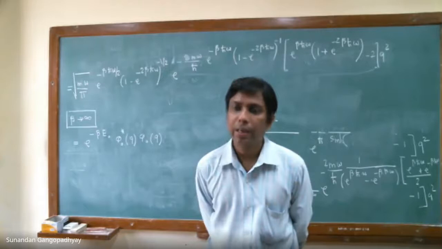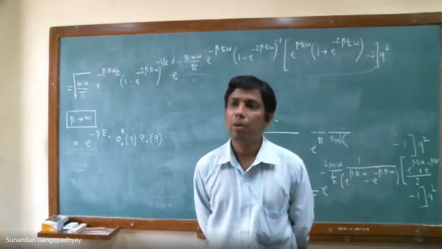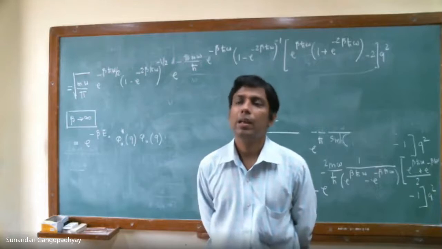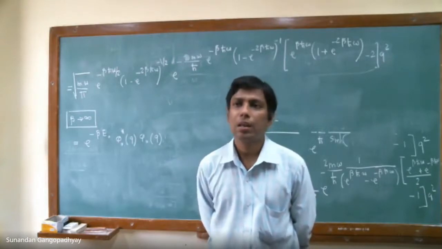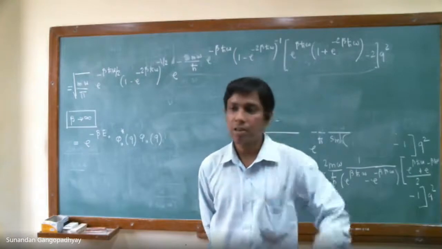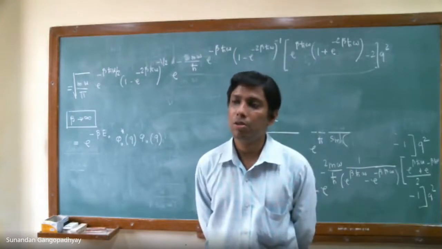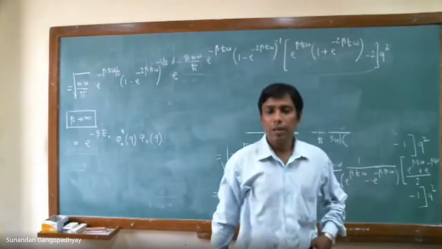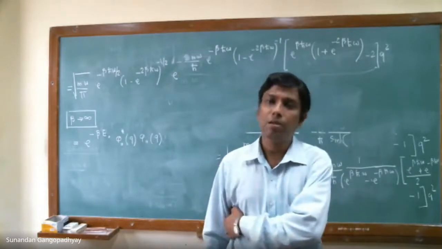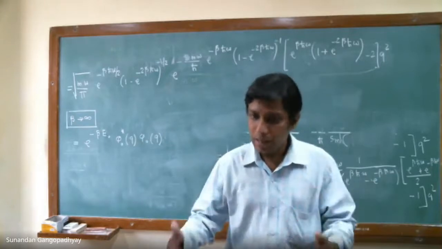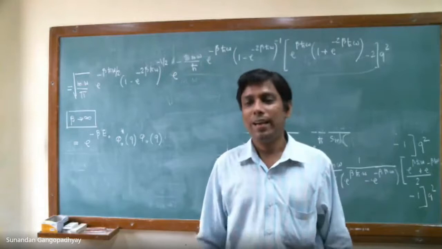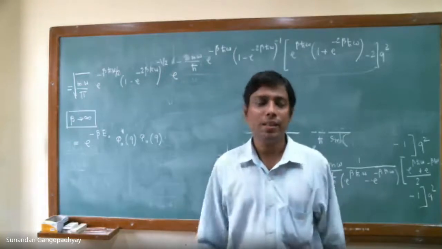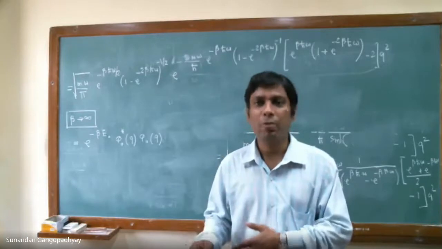Absolute zero. So when we solved the quantum harmonic oscillator and obtained the ground state energy and the energies of the excited states, the ground state wave function and all the excited state wave functions, we assumed that the quantum harmonic oscillator is at temperature T equal to 0. Temperature was not playing any role. So here also we want to work out the thing. We assume that the harmonic oscillator is at T equal to 0. The issue of the harmonic oscillator being at a finite temperature T is a completely different game altogether.